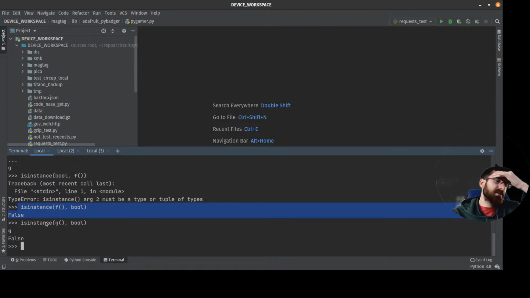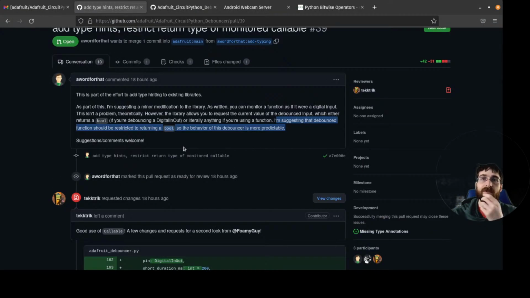But it's also kind of pushing the buck down the road some, because the function could return a Boolean the first time you call it, or based on some other condition, and then later, because things have changed, return something that's not a Boolean. So you'd always have to be continually also testing the result to see if it's a Boolean.